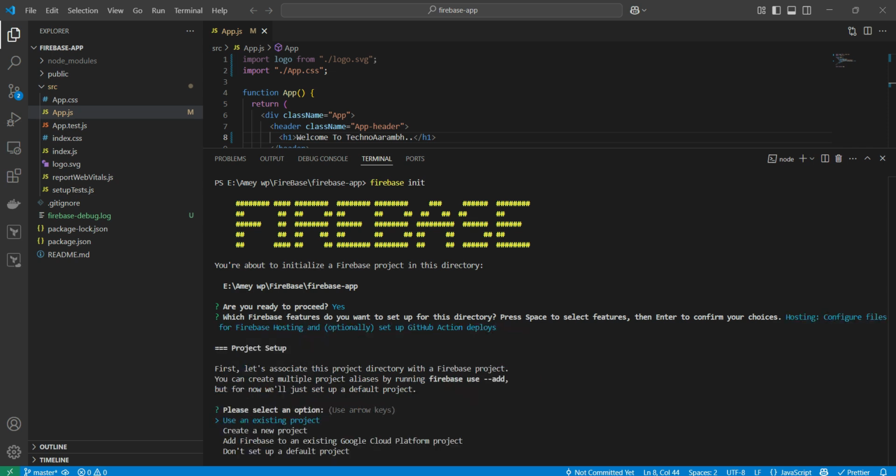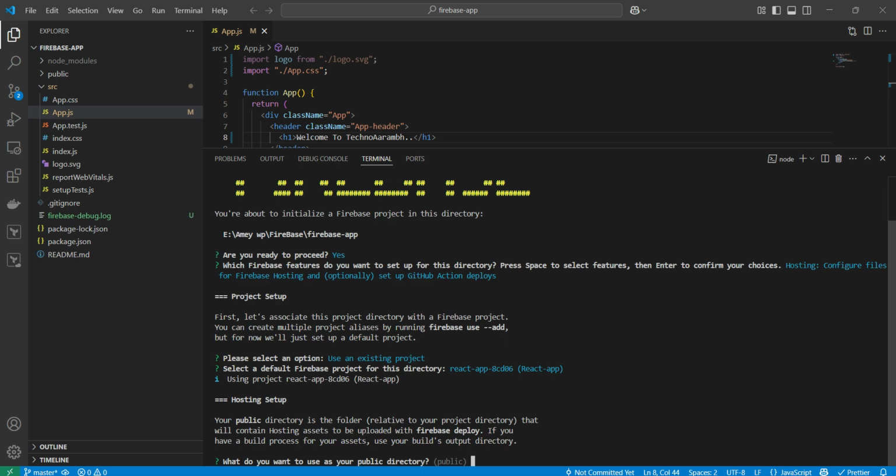It will ask the next question: please select an option, use an existing project, create a new project, add a Firebase project, or don't set up a default project. We are using an existing project because we have created this React app project. So let's click on use existing project, and then select the default project by pressing enter, and it will ask what do you want to